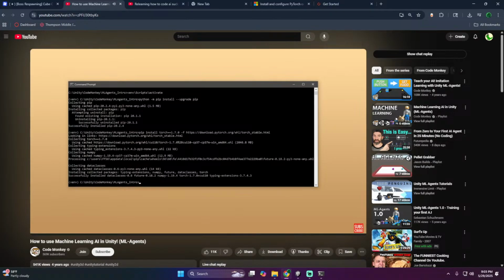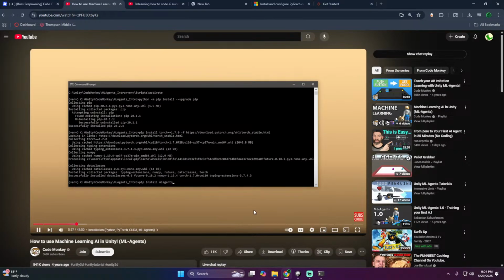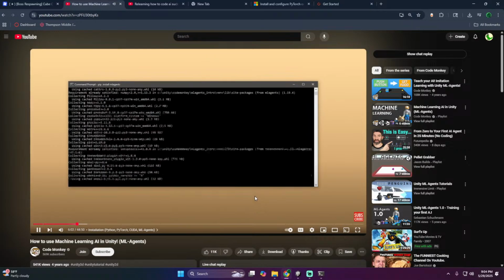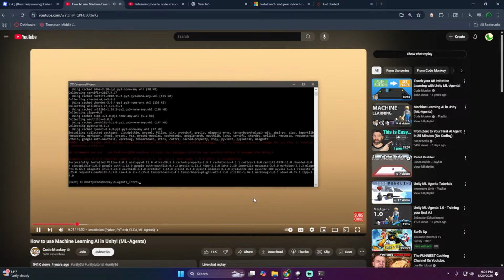Next up, we install the ML Agents package. So just do pip install mlagents. However, just running like this may give you some compatibility errors. So let's try it and see. And yep, here we see an error where we have the incorrect NumPy version, so it's incompatible. So if you didn't get that error, then it's fine, just keep going. But if you did get the error just like I did,